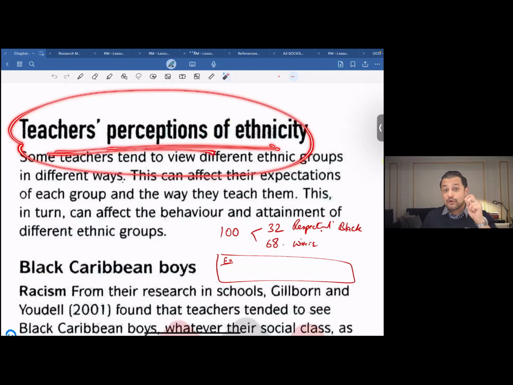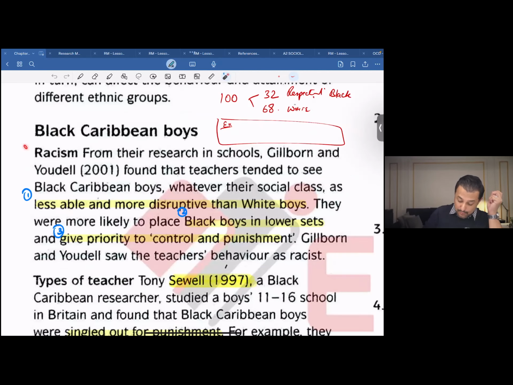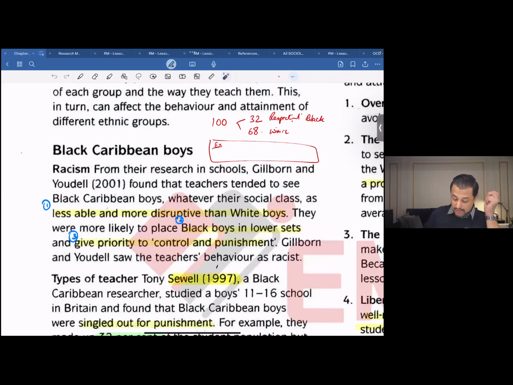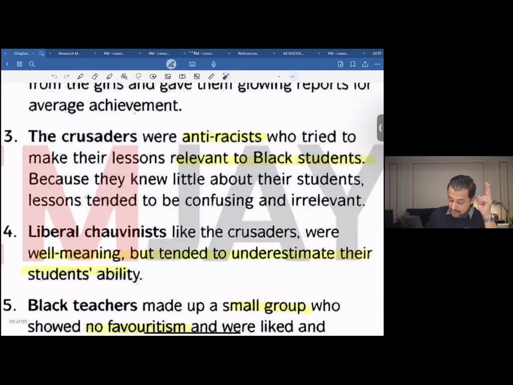What sort of perception do teachers hold for individuals belonging to different ethnic origins. Over here, my dear, we talk about Black Caribbean boys. We talk about what Gilborn and Youdell thought of this. We'd move on and talk about Sewell. We'd move on next in line. We'd speak about Black Caribbean girls. Remember, initially we'd speak about Black Caribbean boys, and then we'd speak about Black Caribbean girls,